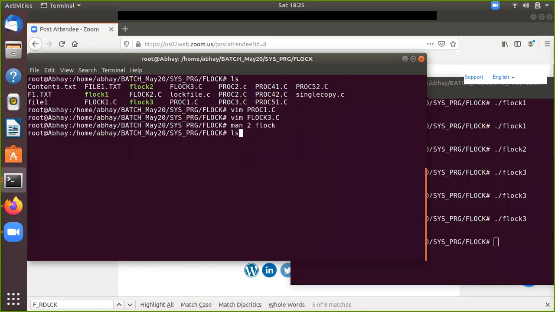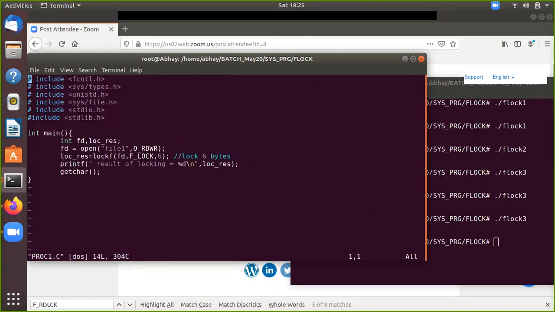So we're going to say lock one. lockf is another system call which is basically given for file locking. What this function does is lock a section of a file. I am saying a section of a file. If you take a look at the arguments to lockf, we have three arguments here, and the last argument is the size. That is why I'm saying it is a section of the file.